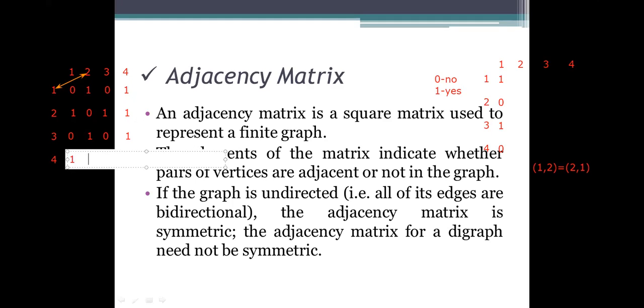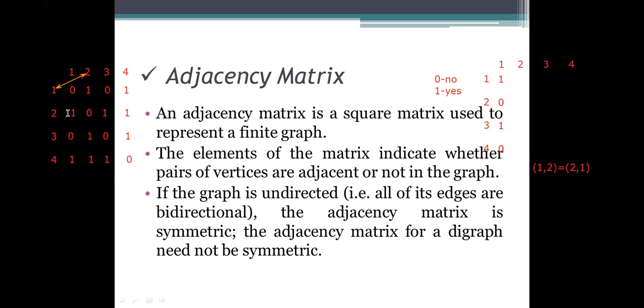To fill up this last row, there is no need to check whether it has the edges or not. If you fill it accurately, then it specifies that it has the connections, that is the edges. So there is no need to see the diagrammatical representation. 1 to 4 is a connection, that is the edge is there. 2 to 4 is also an edge. 3 to 4 also an edge. So we replace this with 1 1 1, and since there are no self loops in this diagrammatical representation, we assumed so, we left this as a 0 here.